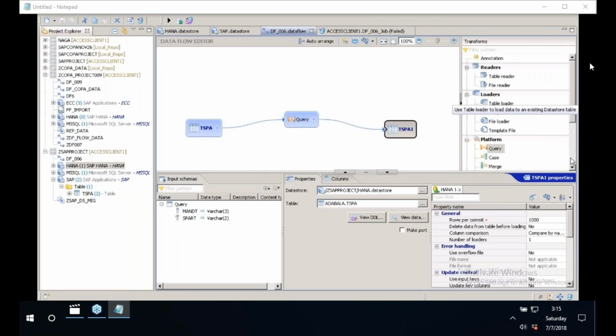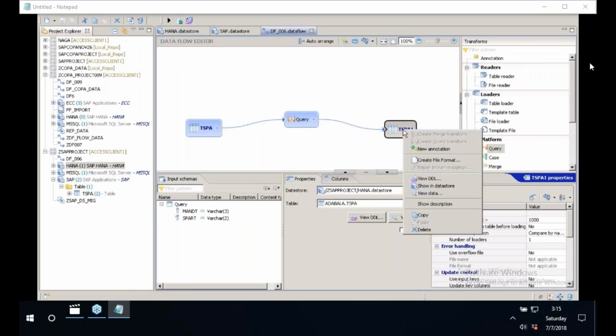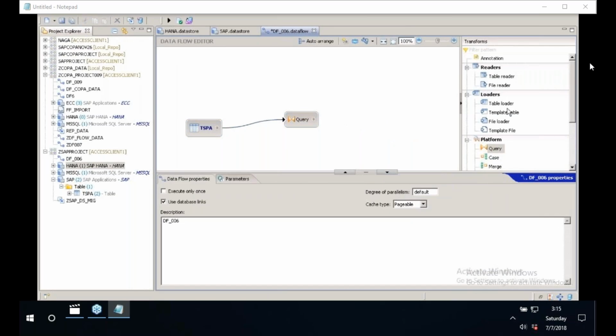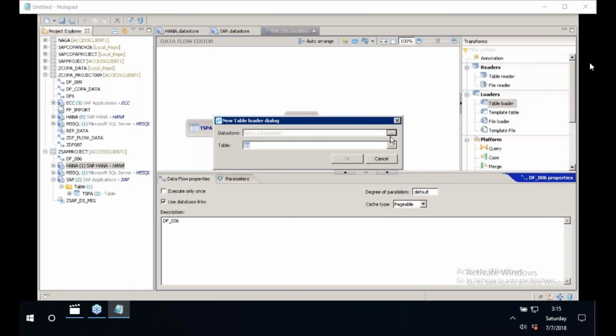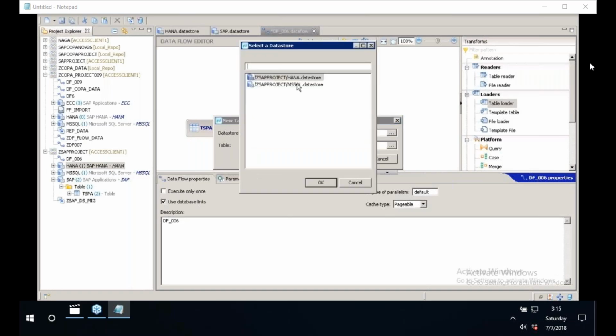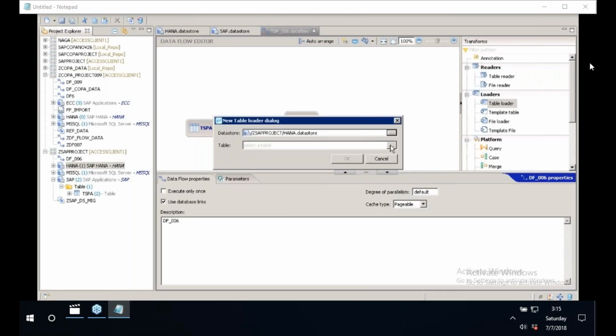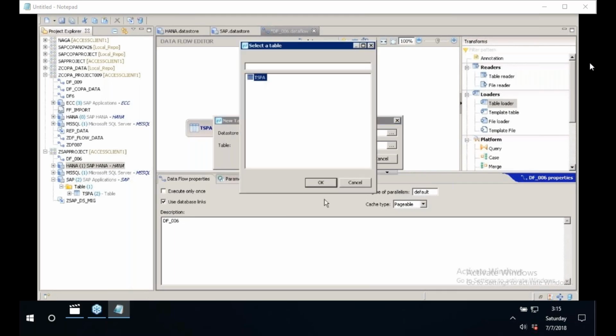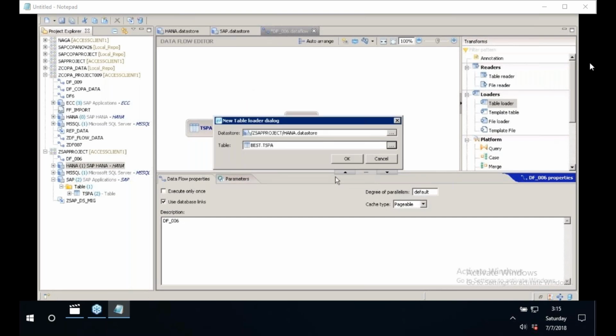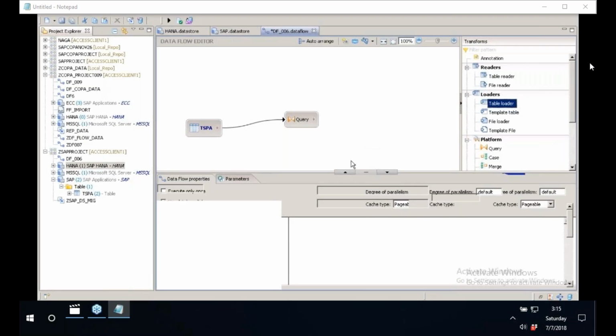Now once we go back to the data flow, let me change the target table. Let us right click on the table, delete the table. Let us drag and drop the table loader again. Click on data store, select HANA, click OK. Click on table, select TSPA, click OK, and click OK. And once this is done, link query to TSPA,